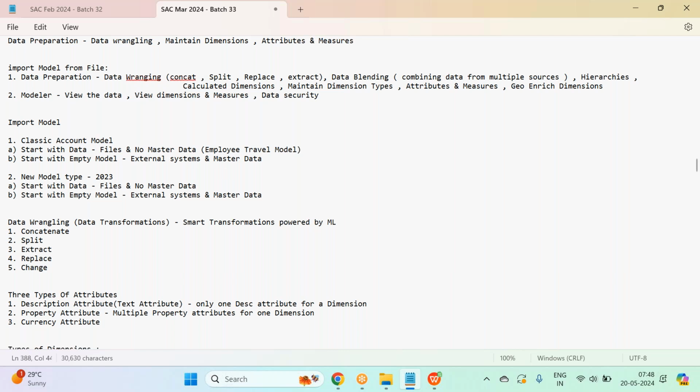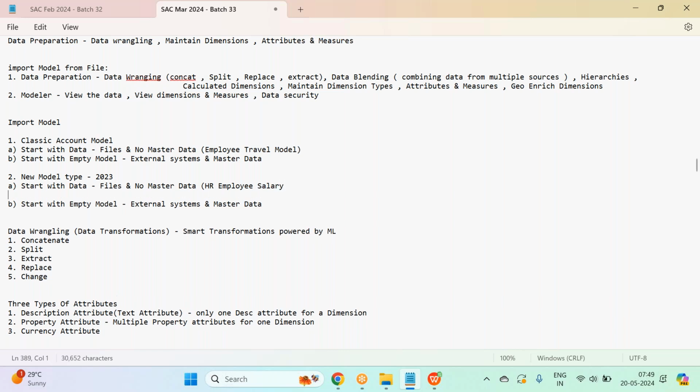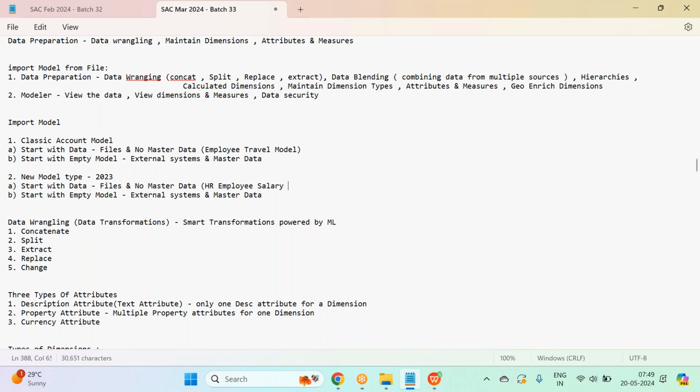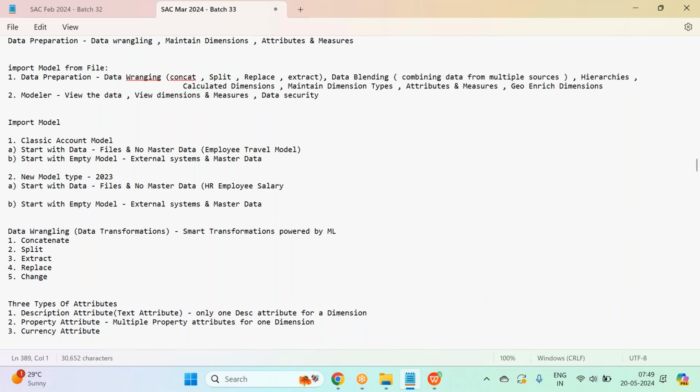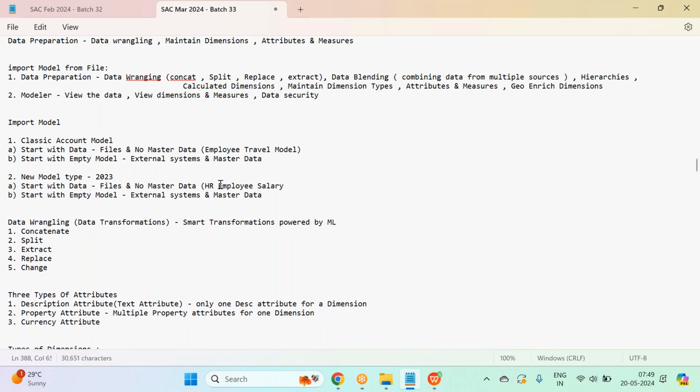For HR employee salary model also, I use this option. I use the options new model type and start with data. So I used both options in classic account model and new model type, where we started with data because we